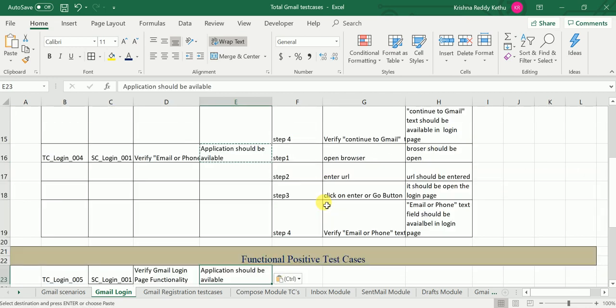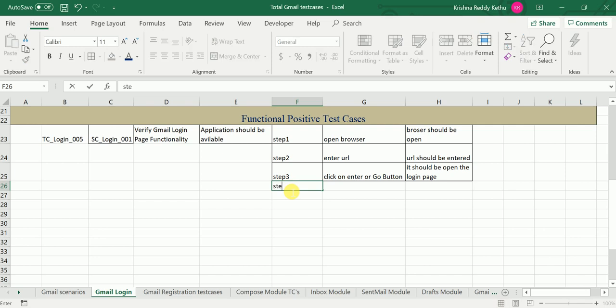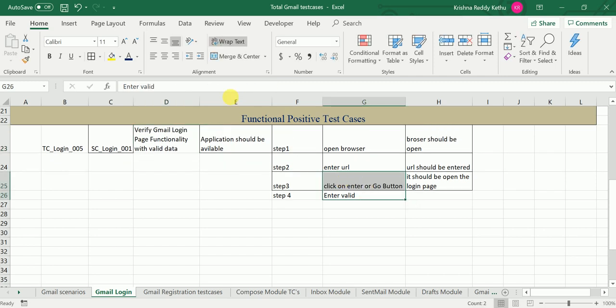That is the precondition, and these 3 steps are common here also. My step 4, what do I need to do? Enter valid data. So here my scenario is login page functionality with valid data. Enter valid username or enter valid email or phone.